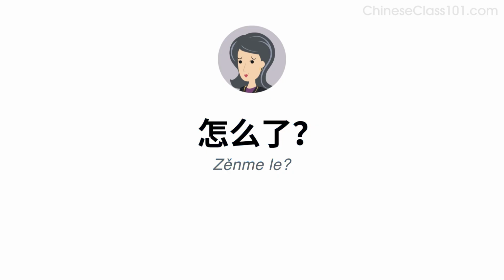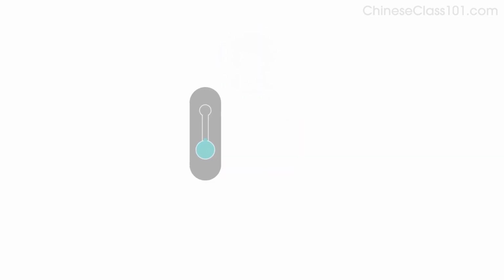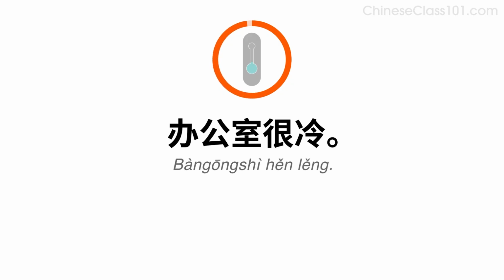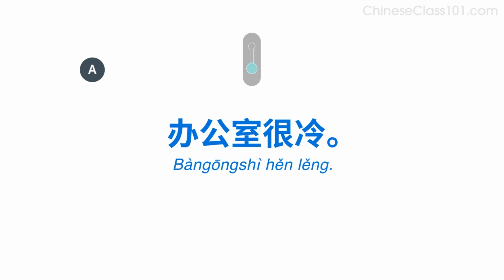怎么了？ Imagine the office is cold. Do you remember how to say cold? 冷，冷， Say, the office is cold. 办公室很冷。 Now answer the question saying the office is cold. 怎么了？办公室很冷。